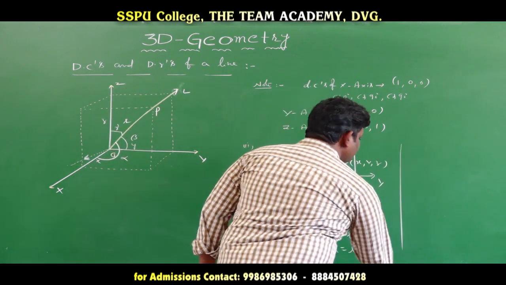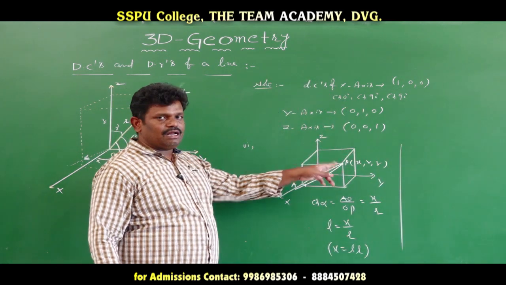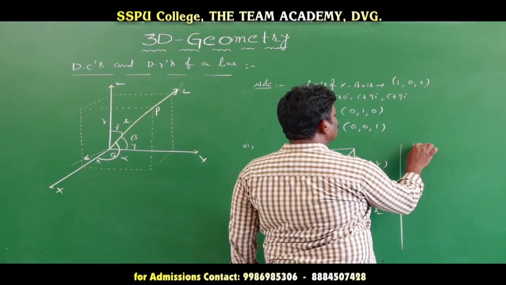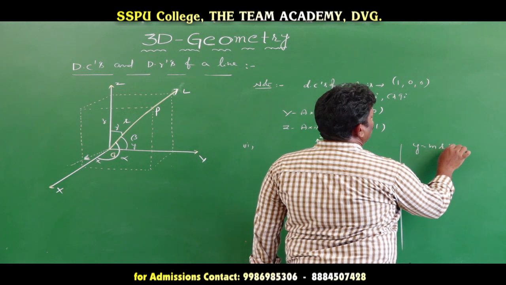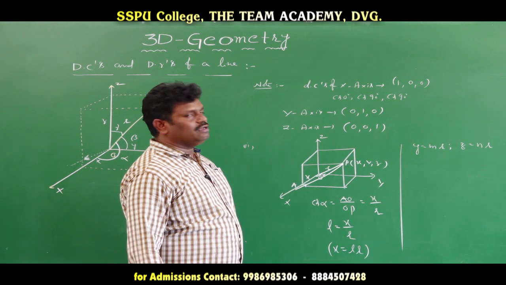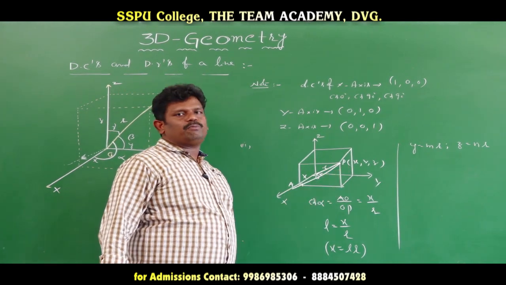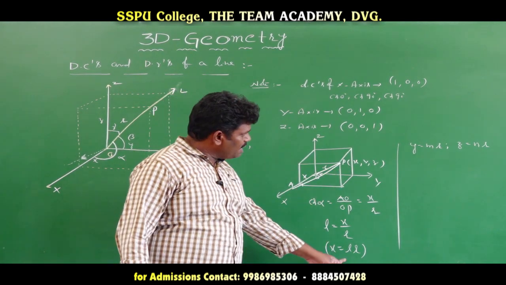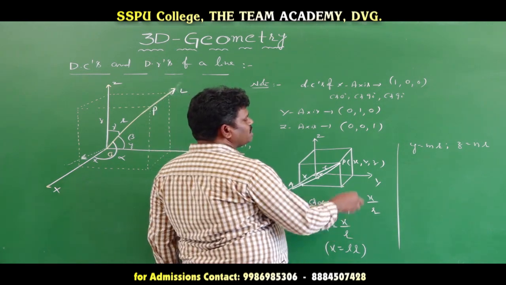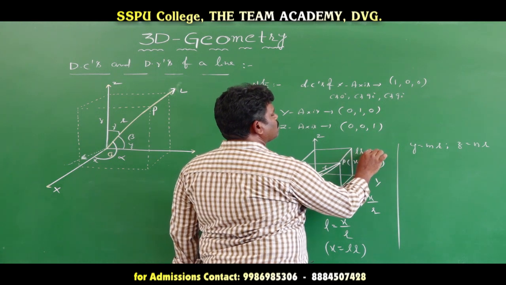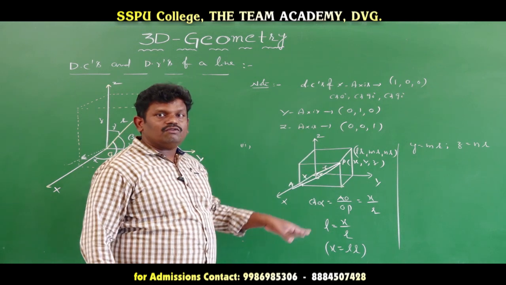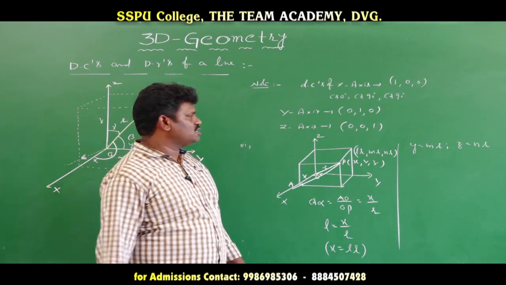Similarly, if you draw the y axis and z axis perpendiculars, then Y is equal to MR and Z is equal to NR. Sometimes we replace the coordinates of point P with LR, MR and NR. Now if we want to write that vector in the OP direction, the position vector,